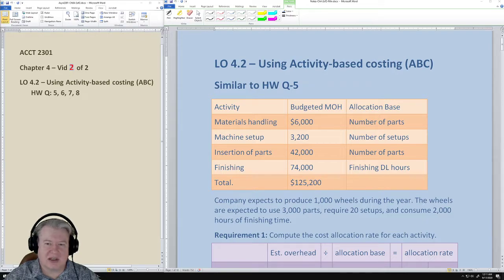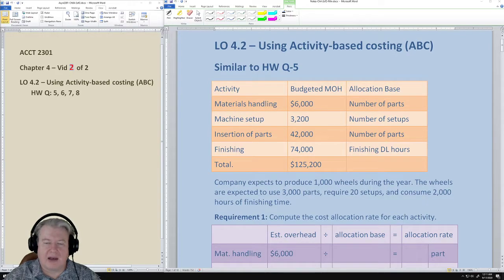So this question is similar to question 5. And a lot of times, sometimes there's some text, and all I've done is make a chart of it, or I've kind of reduced the text to just the crucial amount. So you'll still have to read through the text and find the important bits of information. So here's some information